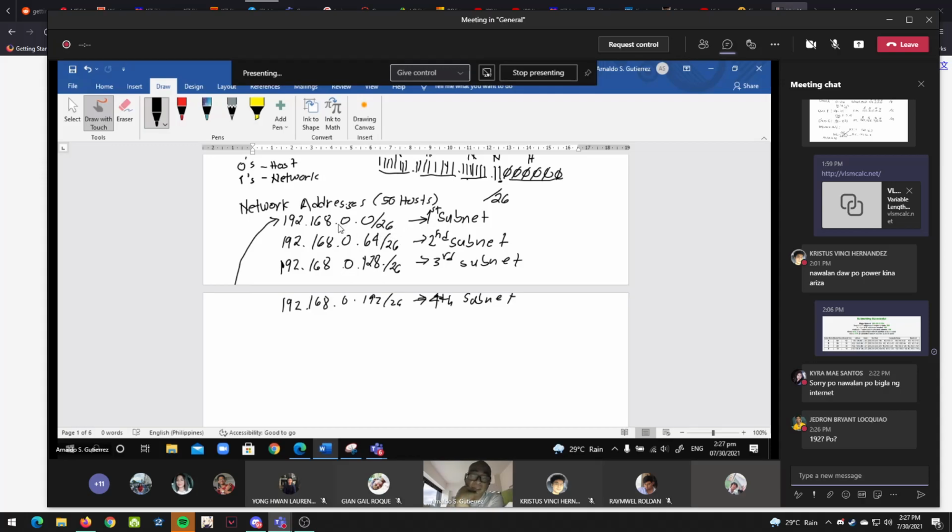For the first subnet, no? So ito yung network. 192.168.0.0 is a network address. So you cannot give this one sa end user mo. What is the last address sa first network natin? Ano yung pinaka-last address na possible na ibibigay nito. So, the first usable address, dito na lang,